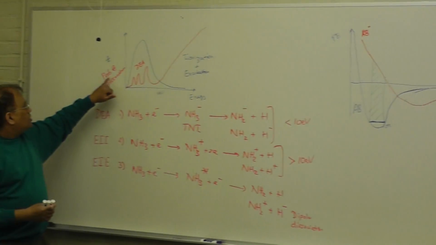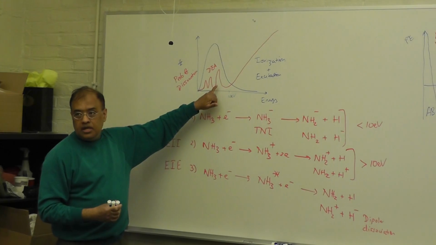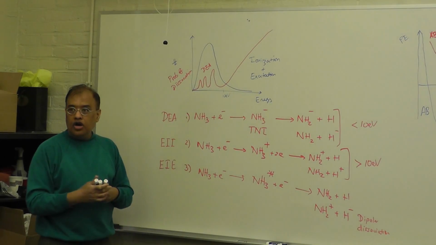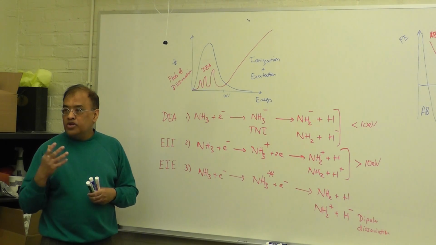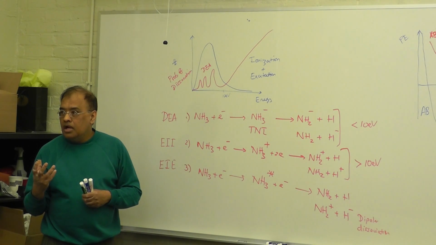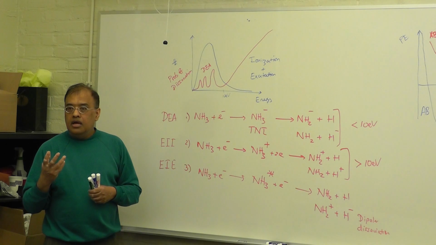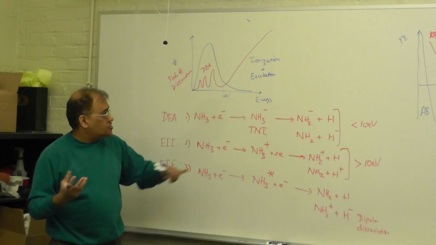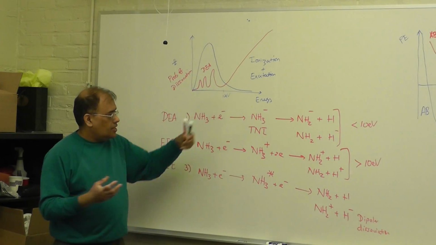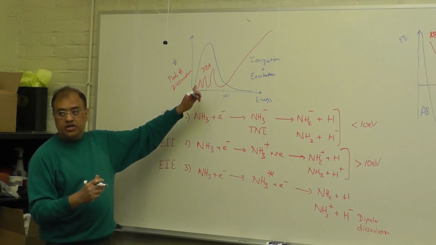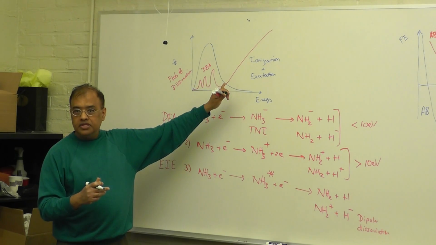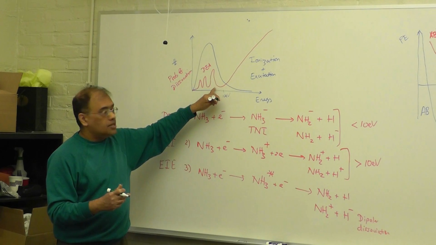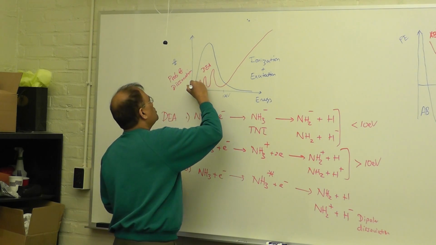Okay? Thank you. Actually, this brings me back to this diagram here. So the red curve is the dissociation probability. The blue curve is the number of electrons. But if you're looking at the yield, how many product molecules you are going to get as a function of electron energy, then it's going to be a product of these two curves. You have to multiply the number of electrons by the probability, and then what you will get